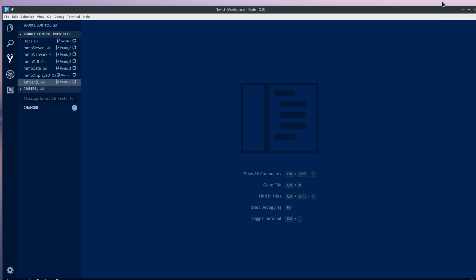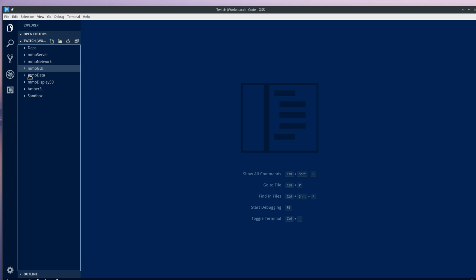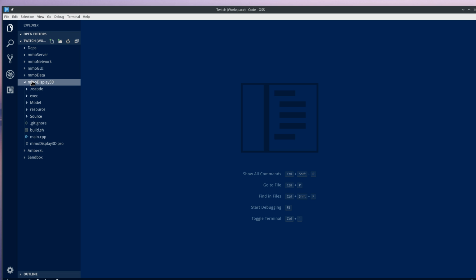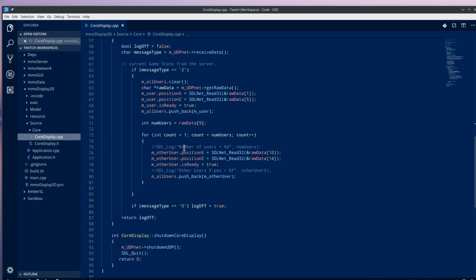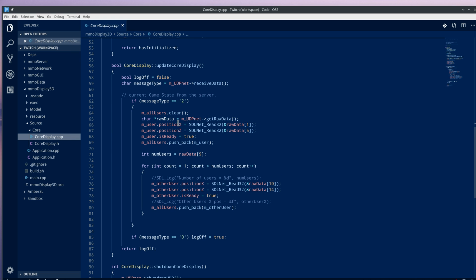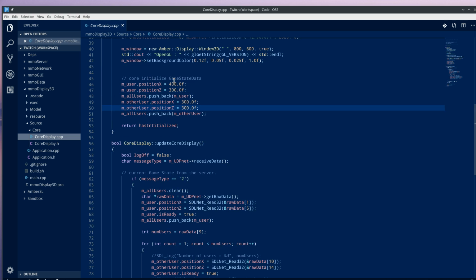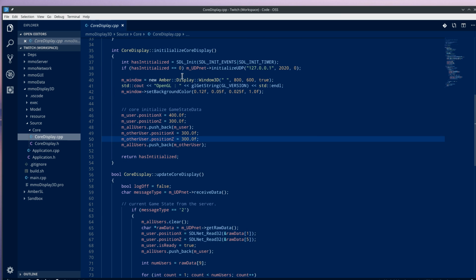So yes, let's get that on the screen then. MMO display, that's you. And we're looking at the source. I don't think the application's got too much of a problem. I think it's going to be our core display that has. And it's update core display, which I need to look at more than anything else, because I think I've already